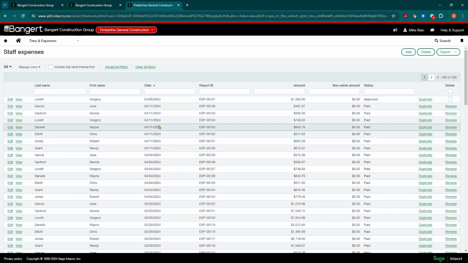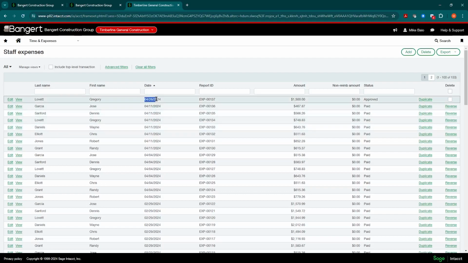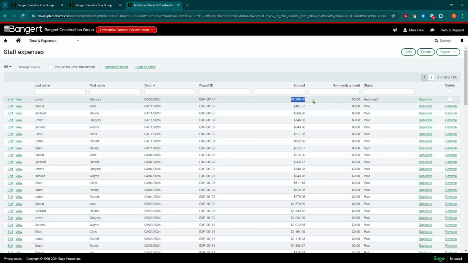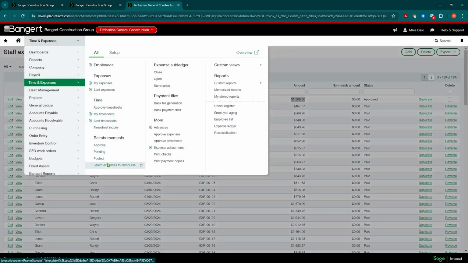In the payroll process, if you're doing a normal payroll process, that entry gets created from payroll when you hit the pay button inside the check record. So what we've done here is just created an extra entry, and you can see here are my actual payroll ones that have come in the past. But now I have this one expense entry for $1,500. And now you would continue along the process that you would take during your construction payroll run.